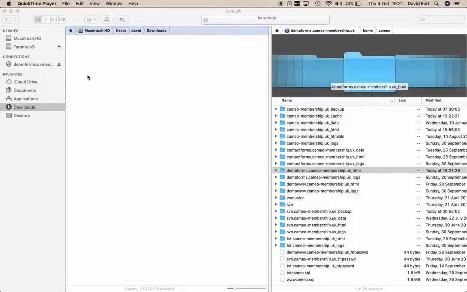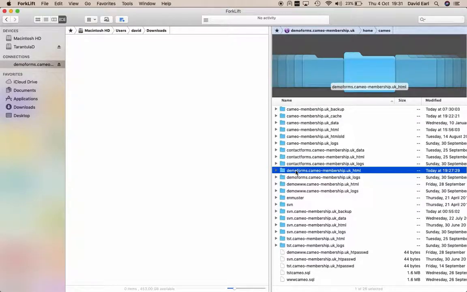To create a folder on the Forms server where data from the forms can be stored. It's important this is separate from the website itself, so that it can't be accessed from anybody's browser. So I'm using here a program called Forklift, which is just a way of transferring files from my computer to the server. And on the right we've got the server files, and you'll see there's already a folder called